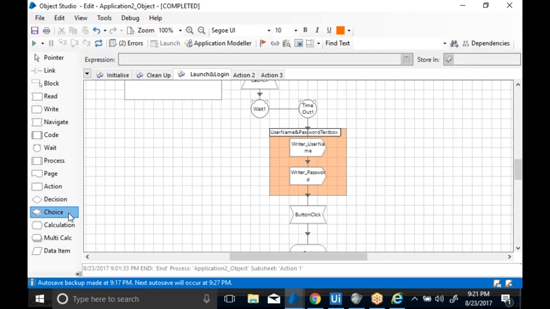You might have different directions. You have one decision where you have different directions for multiple decisions. In that scenario you can use the choice. Choice is nothing but multi-decision.